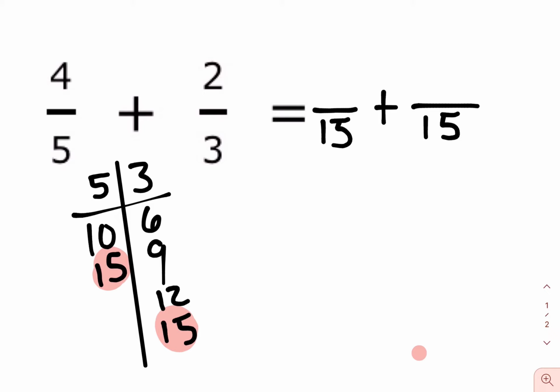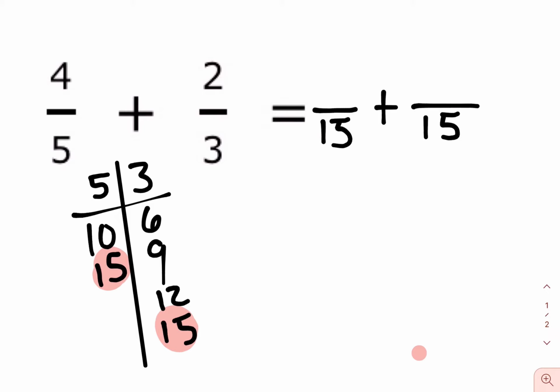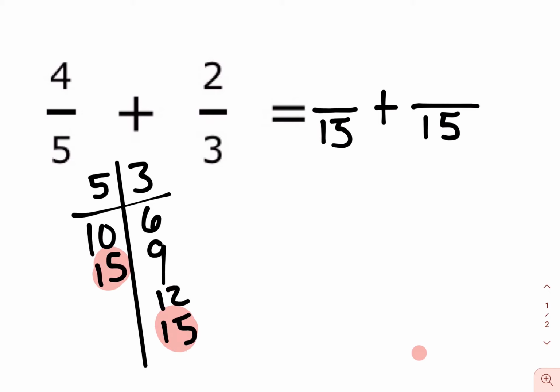So just to review, step 1 was to write out a blank new fraction problem. Step 2 is to find the lowest common multiple. And step 3 is to write that in as our new denominator. Sometimes we call that the lowest common denominator. That is our new denominator. Now, step 4